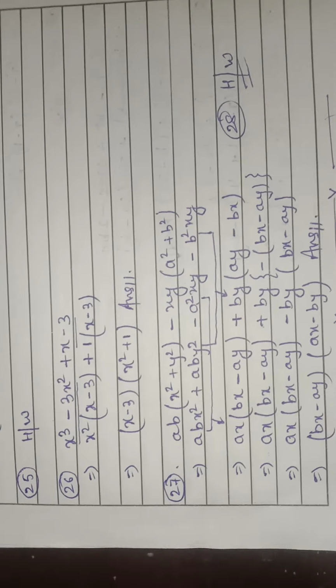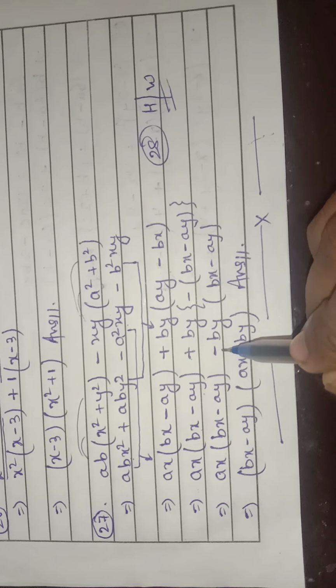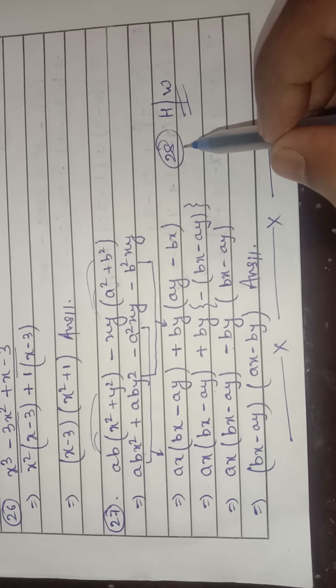Same question number 27. First of all, what is our work? To multiply the numbers. And then after multiplying first and the third number, second and fourth number, we can take it out something common, and after taking out common we will find out that bx plus ay, b here it was other side, so this minus will become, this plus will become as minus. Try to solve question number 28.